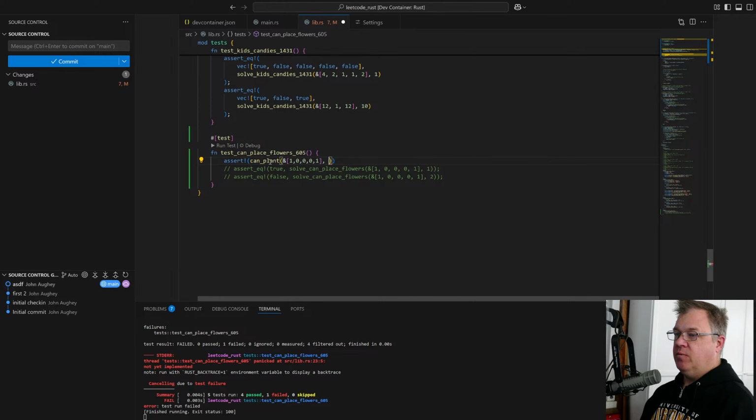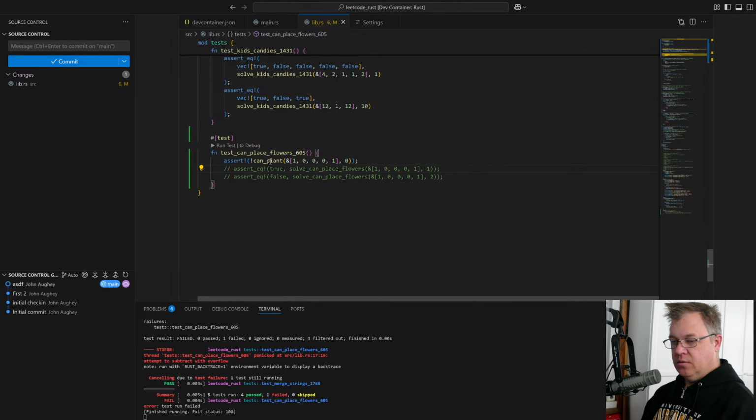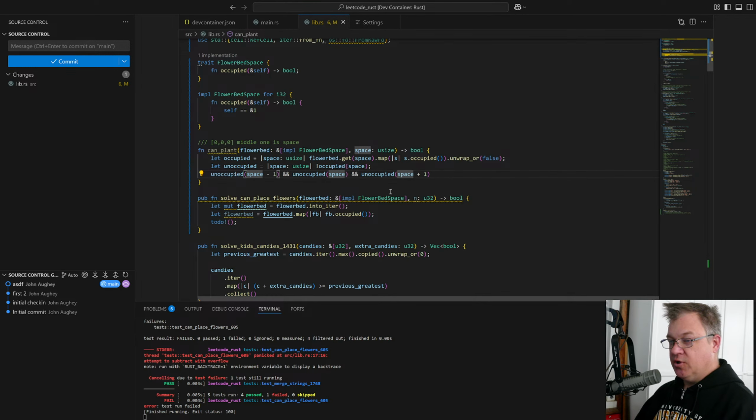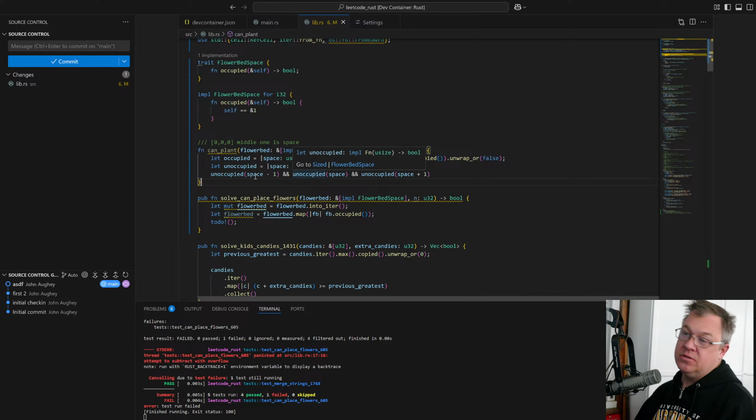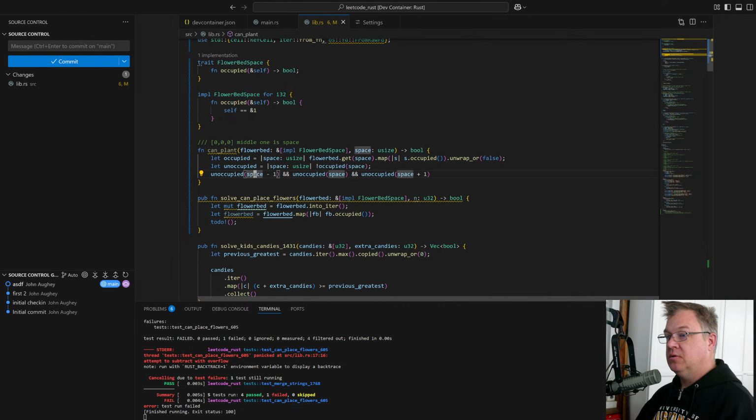If we want to plant in space 0, we can't. Right? Let's see. Oh, it's attempted to subtract with an underflow. So this is 0. Yeah, we do want to manage that.